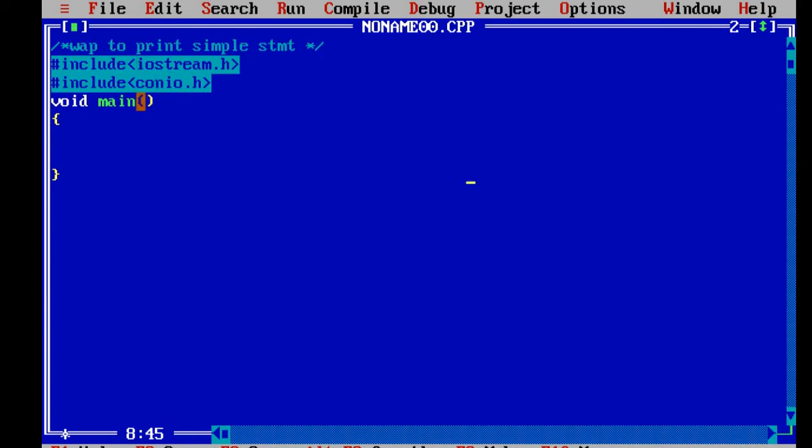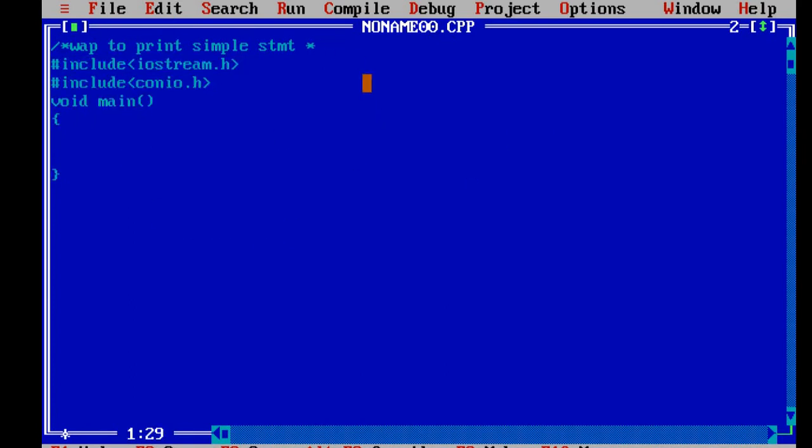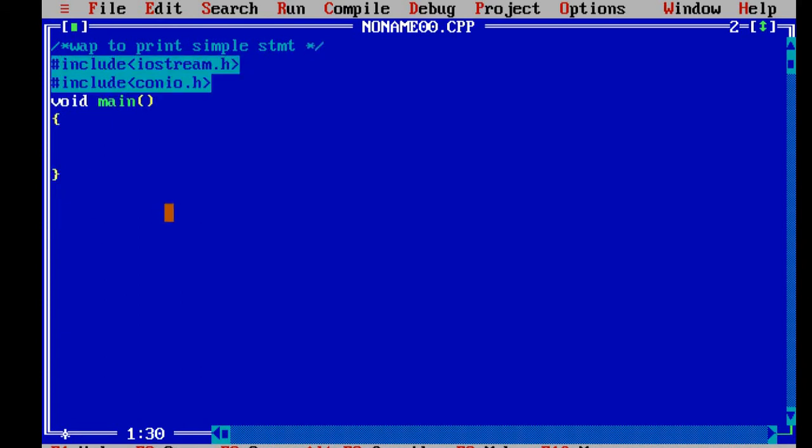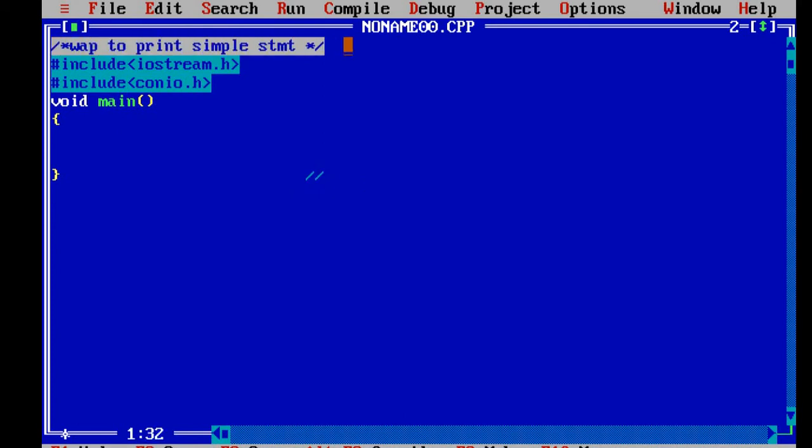Now you can see this is normal. Once I remove this, the entire thing will be converted into a comment. Now it's proper. Comments are given for our own purpose, they won't interfere with the program. There are two types of comment, one is a multiple line comment and the other is a single line comment. A single line comment is represented by a double slash and a multiple line comment is represented by slash and asterisk. But without forgetting, you have to close your multiple line comment.